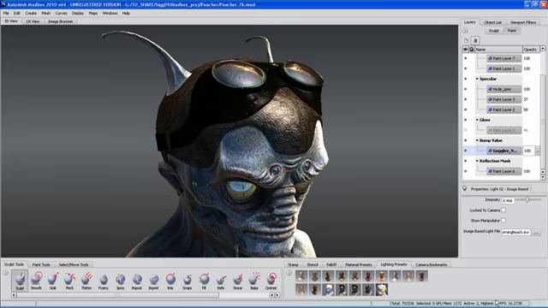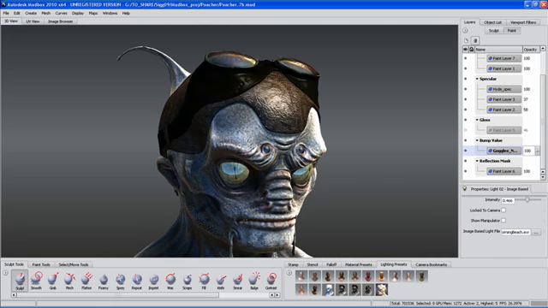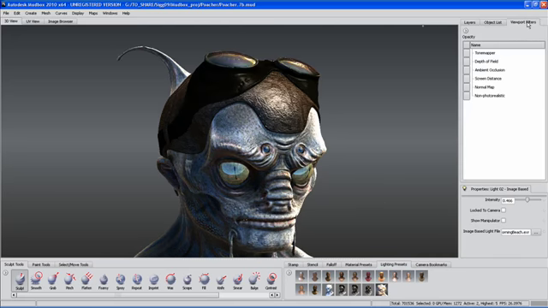In Mudbox, we have the ability to take advantage of some real-time viewport rendering. We can produce some really nice renders and images here, and Mudbox 2010 has added quite a few little features that will help out with that process. So if we just jump right in and take a look at, first of all, our viewport